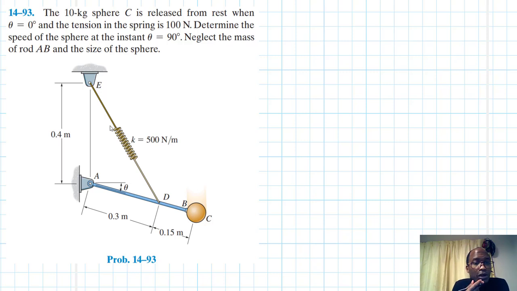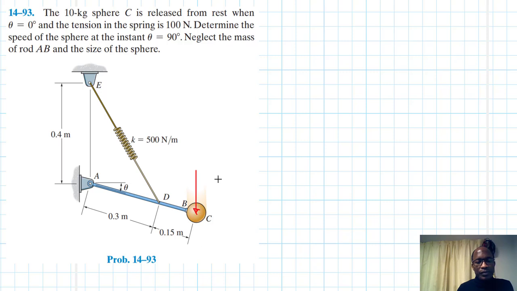The problem reads: the 10 kg sphere C is released from rest when theta is equal to 0 degrees, and the tension in the spring is 100 newtons. Determine the speed of the sphere at the instant theta is equal to 90 degrees. Neglect the mass of the rod AB and the size of the sphere. This problem is from Engineering Mechanics: Dynamics, 14th edition by R.C. Hibbeler. Right, so we do have some weight in this sphere,